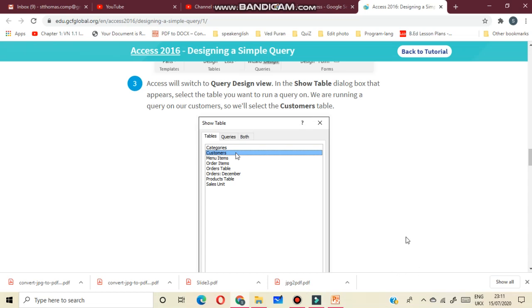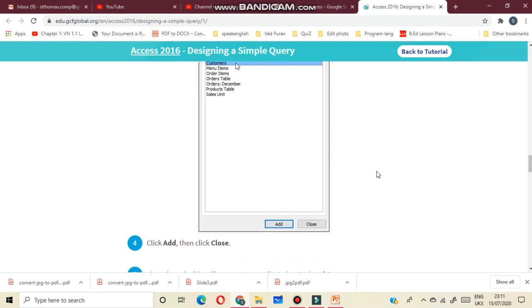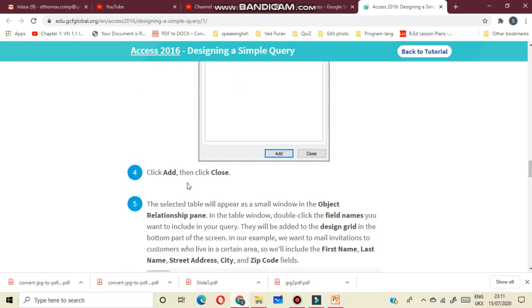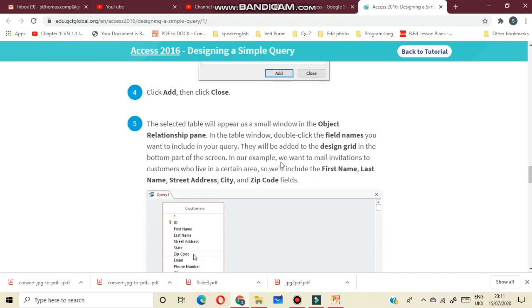So you have to select this Customers table, then click Add, then click Close. Okay. The selected table will appear as a small window in the Object Relationship pane.